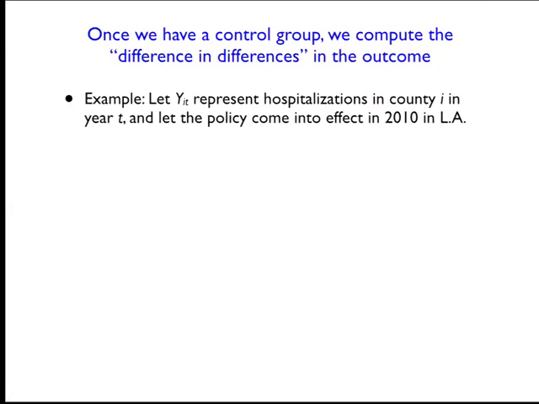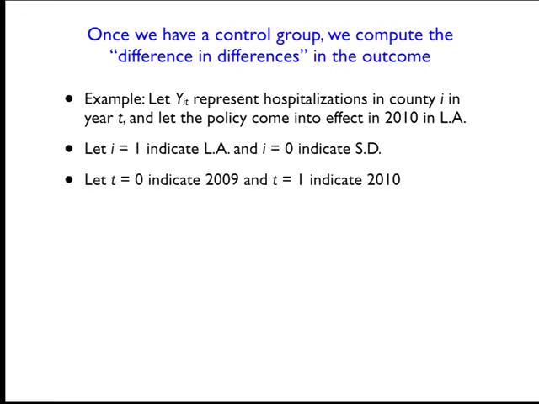And so that's going to be the outcome for, in this case, county i in year t. So i equals 1 is going to indicate Los Angeles, and i equals 0 is going to indicate San Diego, and then t equals 0 is going to indicate 2009, and t equals 1 is going to indicate 2010. So the way that I've coded these things up, basically,